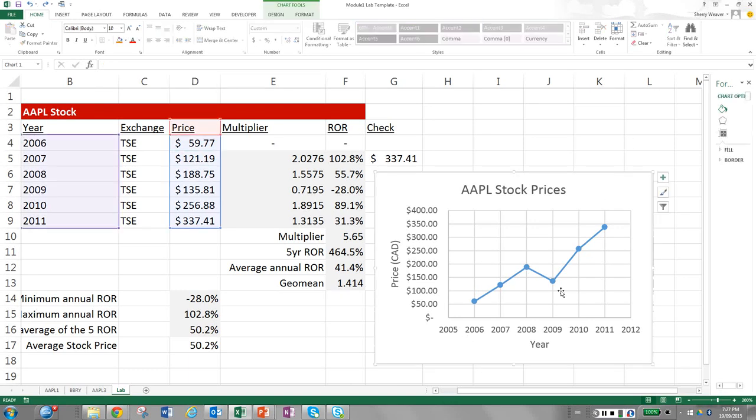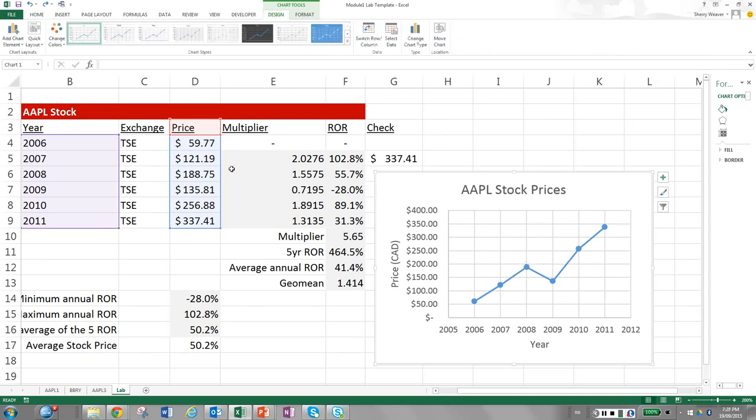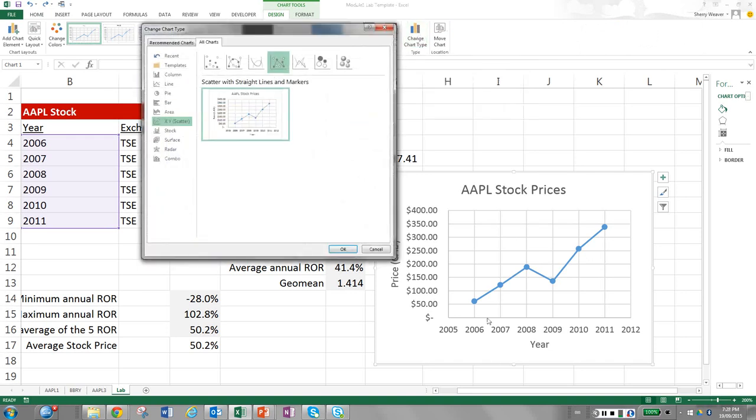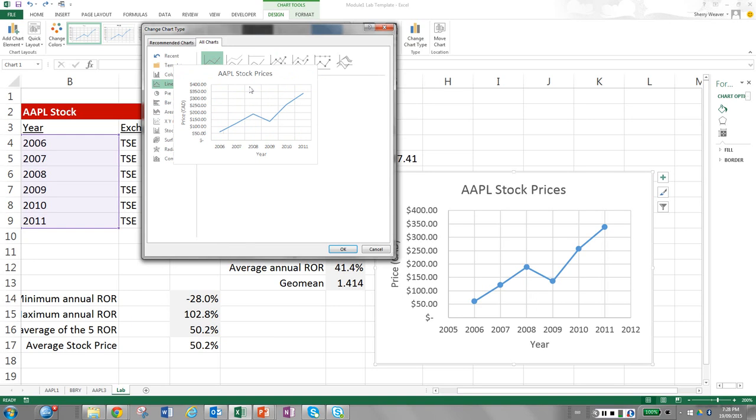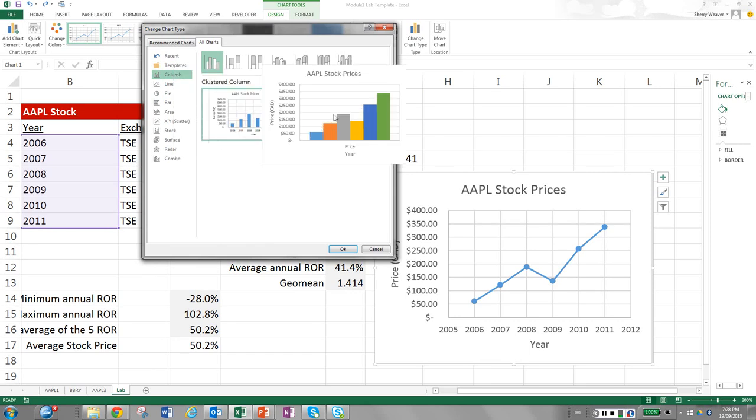One of the other things you can do with the graphs is, if I go to Design, I can actually change the chart type. So instead of it being an XY scatter plot, I can just do a line chart, which won't really change things too much at this point. I can go to a column chart. If I click on the column chart here,